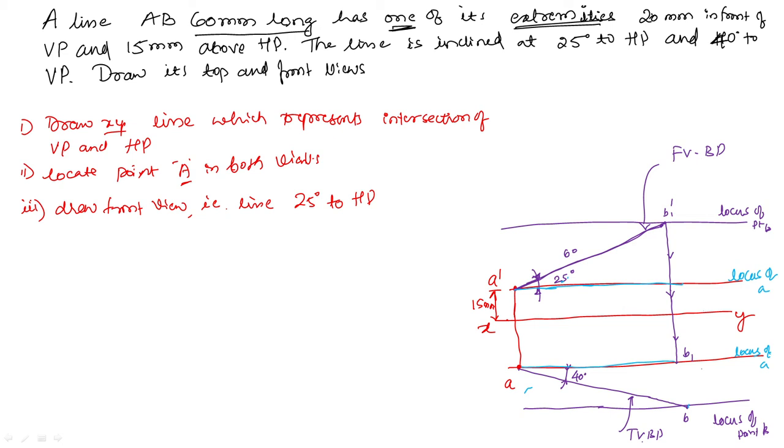Now, to get a true front view, from this B point, you just draw one construction line, where it is going to touch the locus of point A. Now, taking center point as A dash and this as its radius, let us call this B2 dash. Now we just draw an arc here. It's going to cut the locus of B. Now this is B dash.